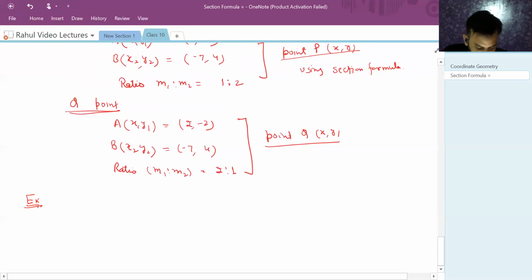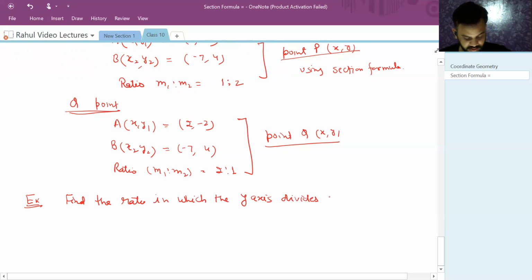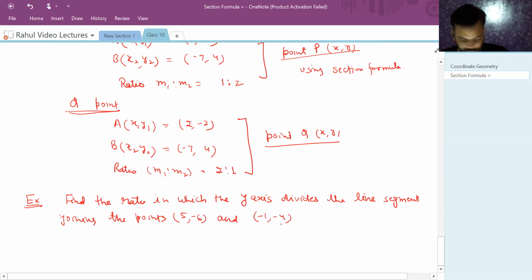Example: find the ratio in which the y-axis divides the line segment joining the points 5 minus 6 and minus 1 minus 4, and also find the point of intersection. Now here the thing to understand is that if I am talking about the y-axis, then